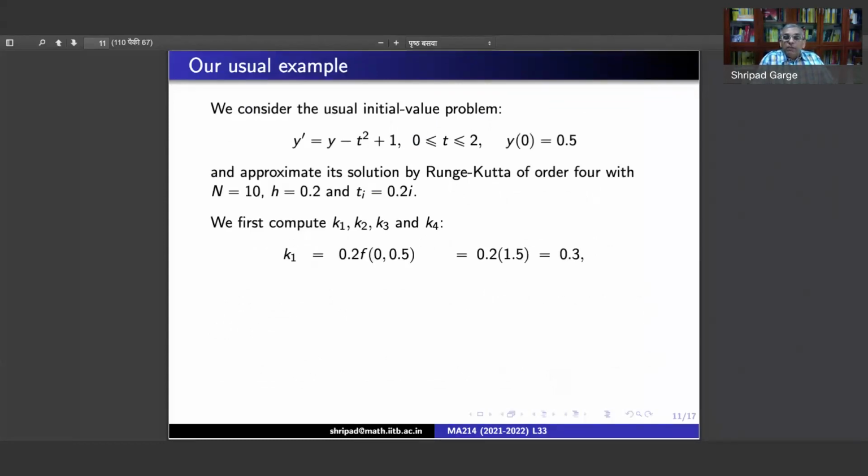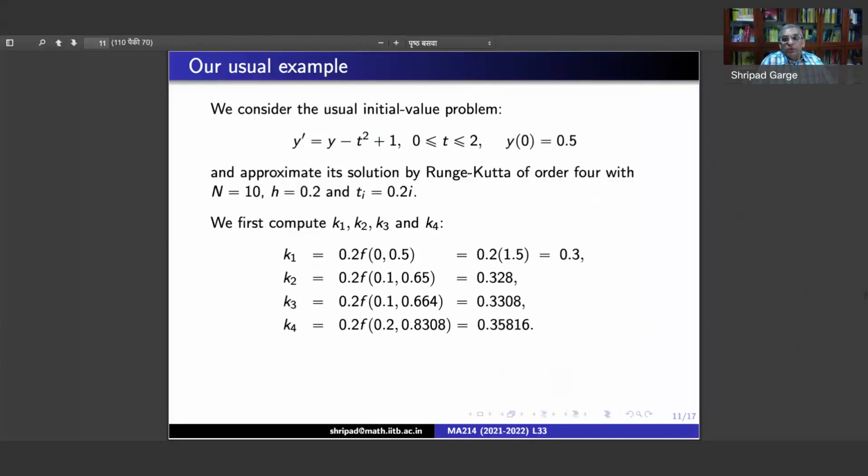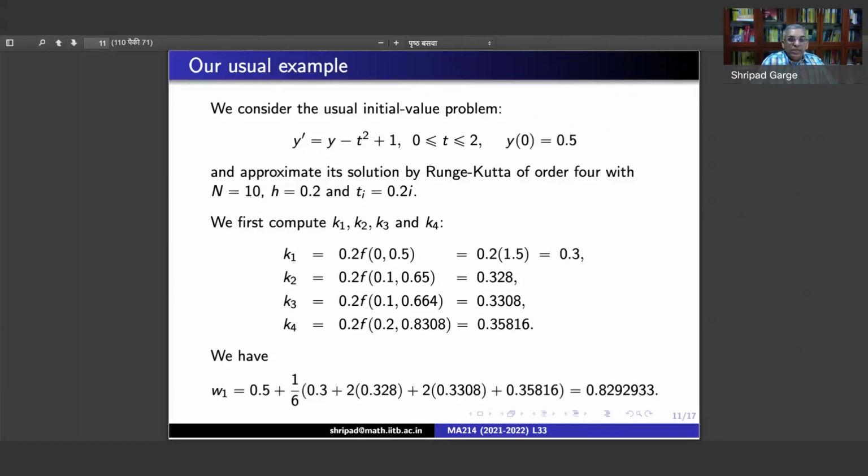K1 is 0.2 f of (0, 0.5), which is 0.2 times 1.5. You will take the function value here and evaluate it at that, and this is 0.3. K2 is the next nested function evaluation, and this is 0.328. K3 is 0.3308 and K4 is 0.35816. And now the difference method is going to be correspondingly computed, and the first computation will tell you that w1 is